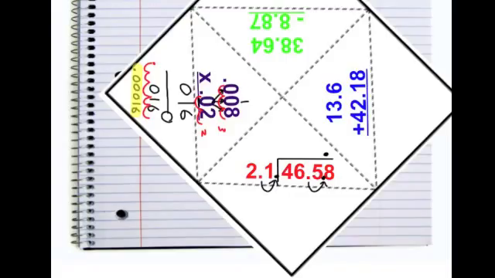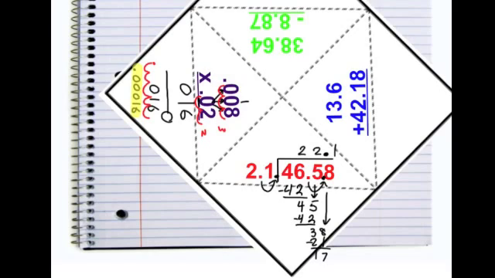Now I just divide. 21 goes into 46 twice. 2 times 21 is 42. I do my subtraction. 46 minus 42 is 4. Bring down the next number, which is 5, and divide again. 21 goes into 45 twice. It's 42. Subtract. Bring down my 8. One more time. 21 goes into 38 once. 1 times 21 is 21. I do my subtraction, so I have